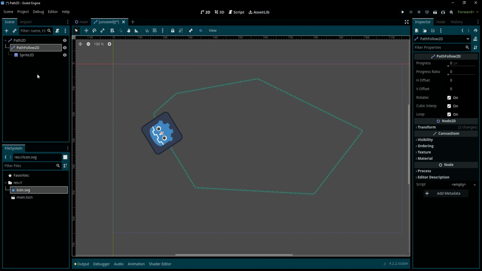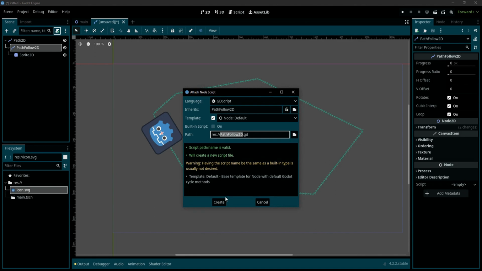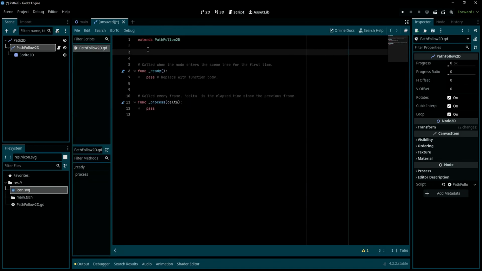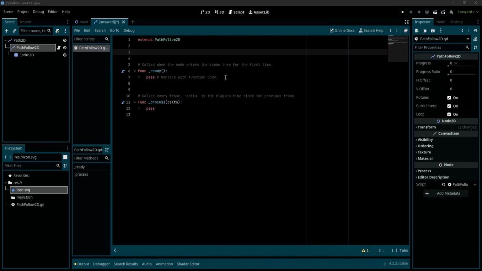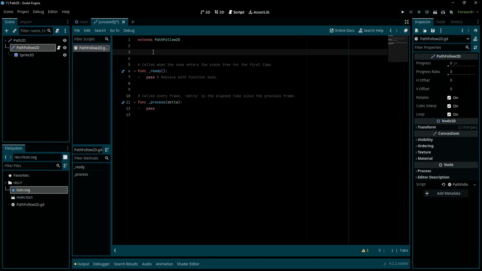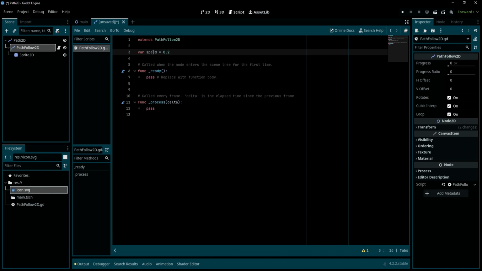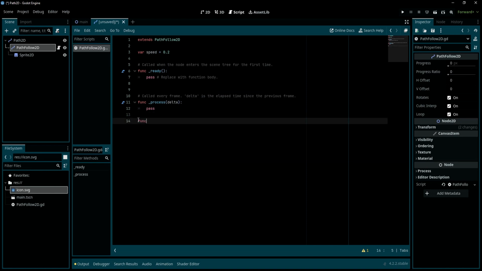Now what we need to do is to add a script to the PathFollow2D node like this, and in this script I'm going to add a variable which is going to be the speed. So var speed equal to 0.2 for example. And after that I'm going to start creating a function called loop_movement